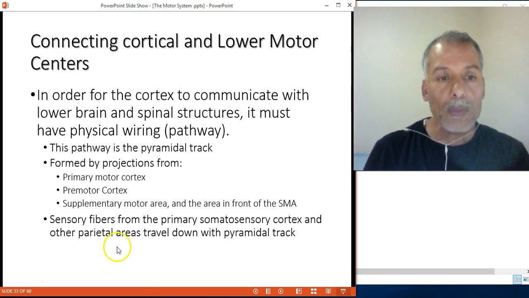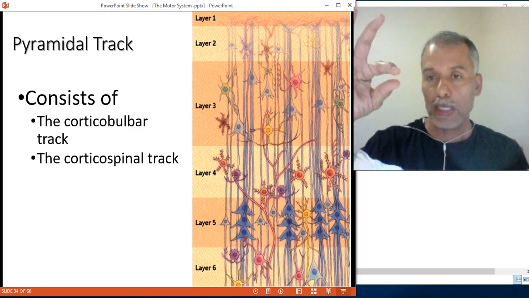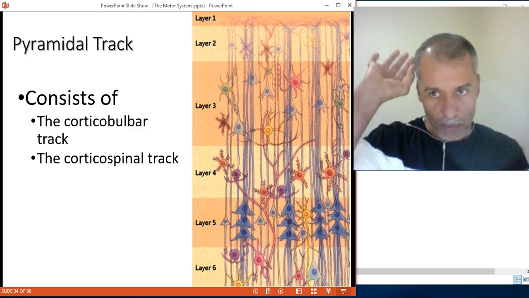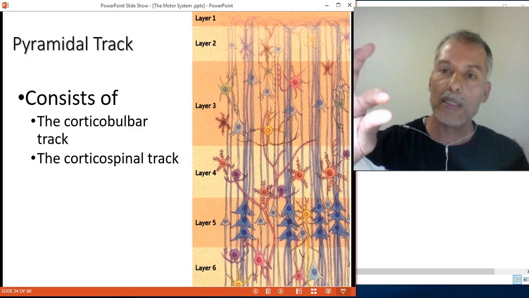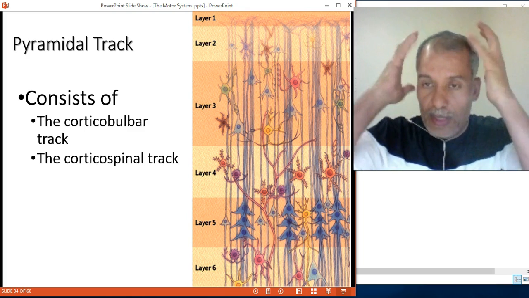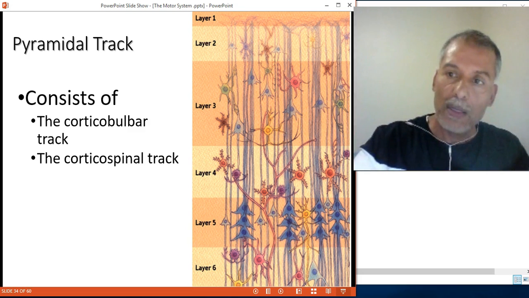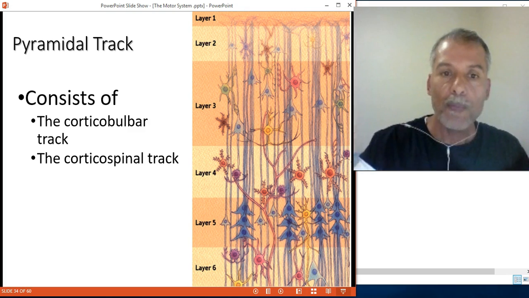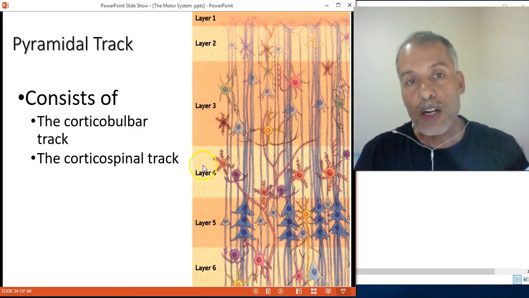So this is kind of a scheme of the primary motor cortex. I'm sorry, the cortex itself. That is the covering of the entire brain. You can think of it like a pancake almost, wrapping around and being convoluted so it can fit within the cranium, within the skull. So we take that layer, which is less than 1/4 of an inch, and you examine it